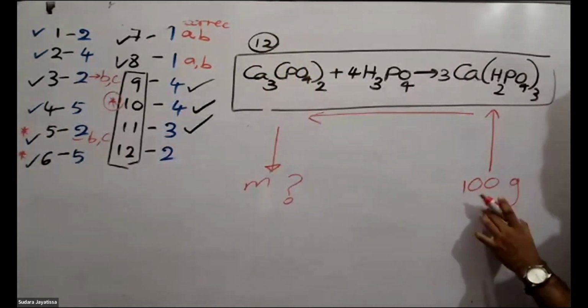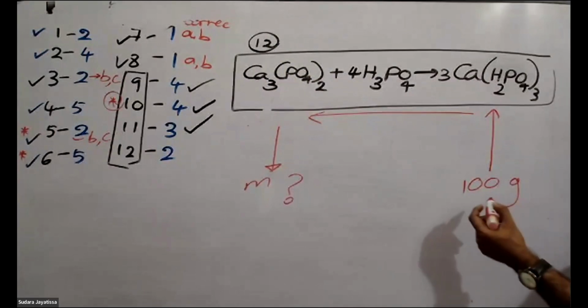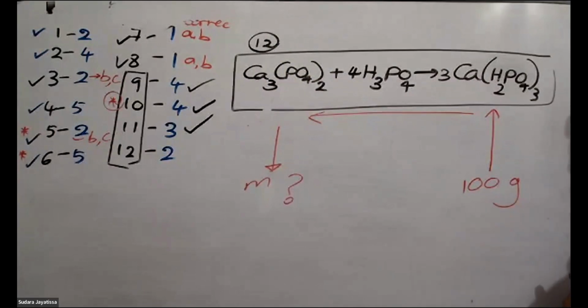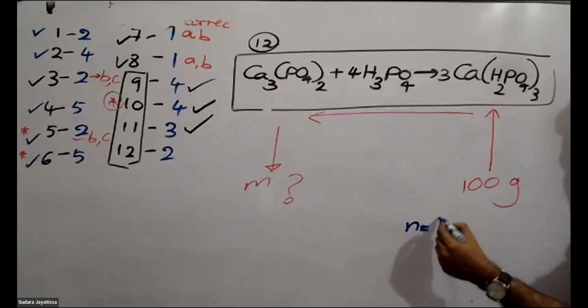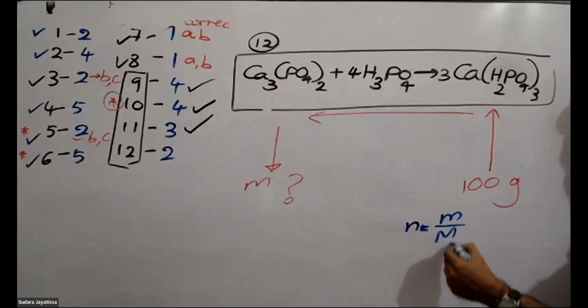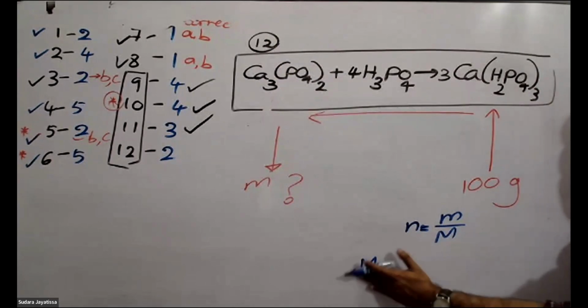Now it is given 100 grams of this compound. So, how do we convert the mass into moles? We learned about that. We can find the moles by dividing this mass by the molar mass of this compound. So, what is the molar mass of this